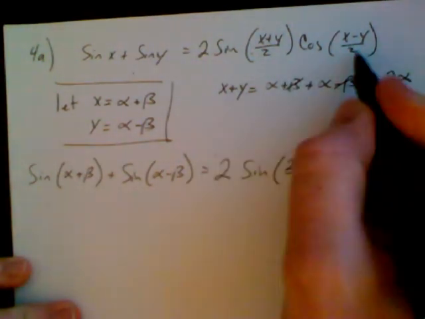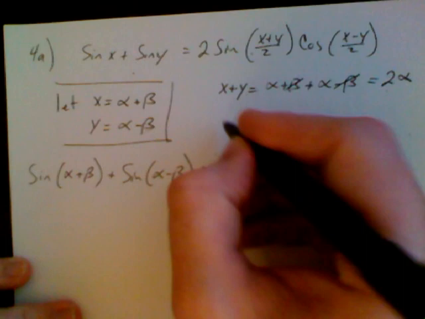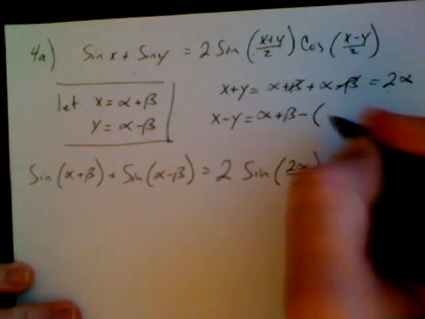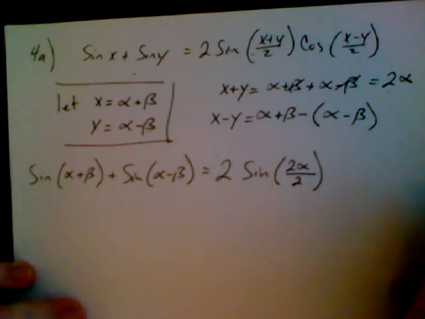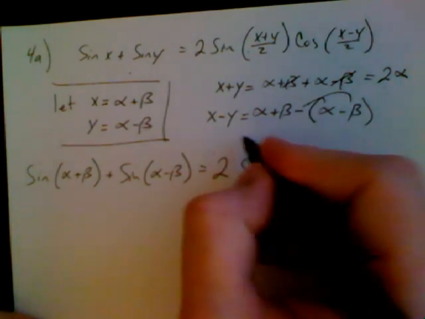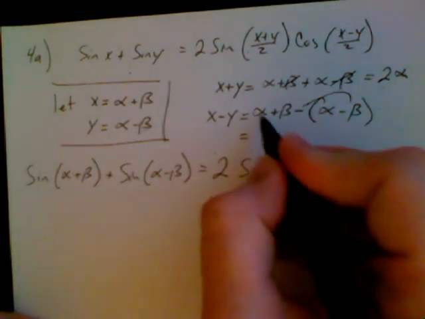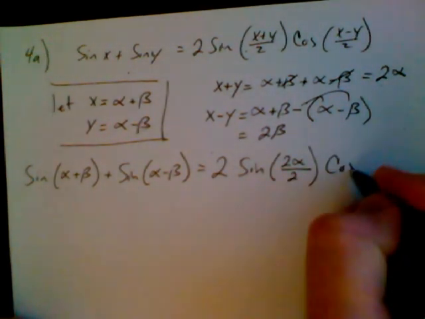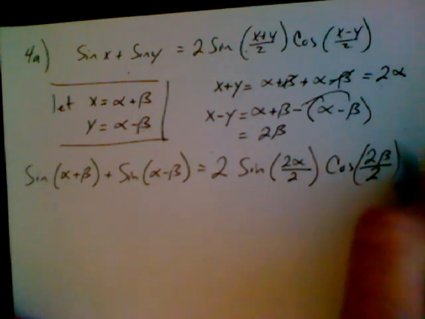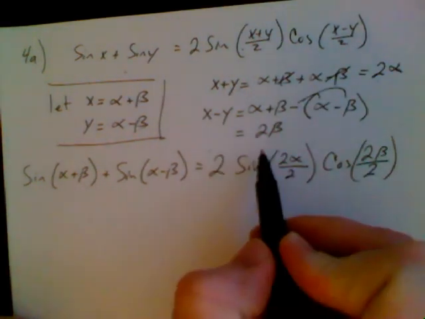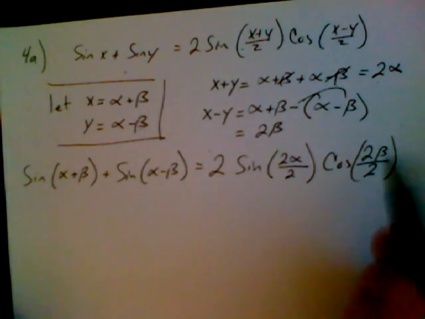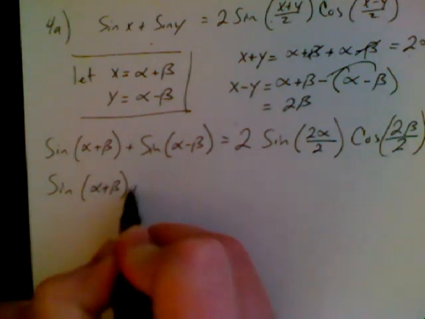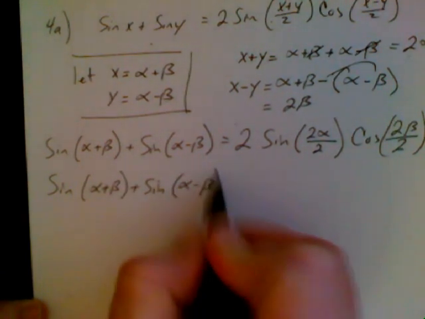Let me now identify what cosine of x minus y divided by 2 is. So x minus y is equal to alpha plus beta minus the quantity alpha minus beta. When I distribute this negative, I get alpha minus alpha, so the alphas cancel out. I get beta plus beta, and that gives me 2 beta. And when I plug that in, I get the cosine of 2 beta divided by 2. Again, replacing my x minus y with what it really is. That's 2 beta, so I get 2 beta divided by 2. Now I have the sine of alpha plus beta plus the sine of alpha minus beta is equal to